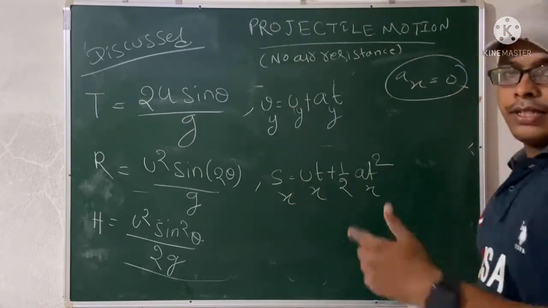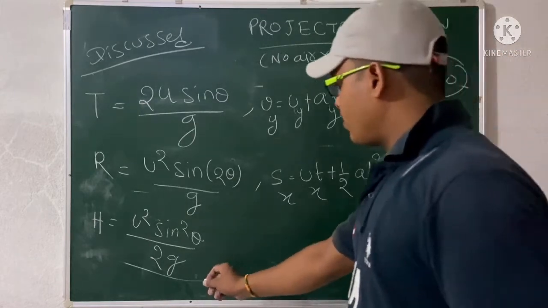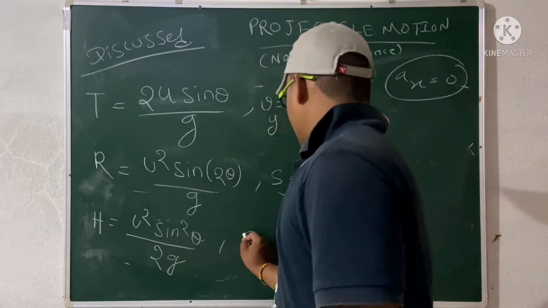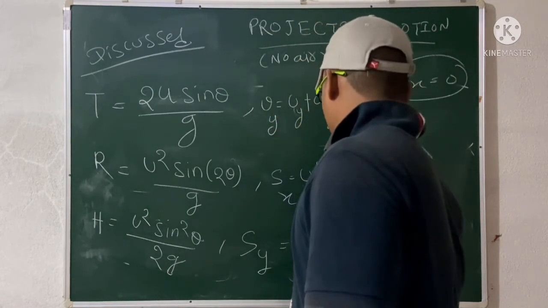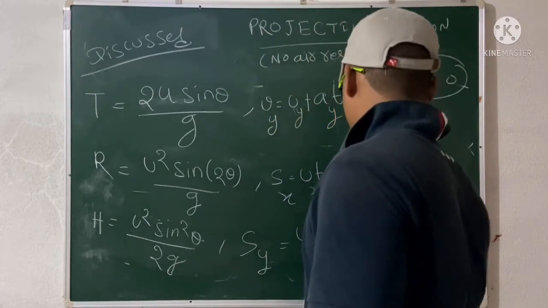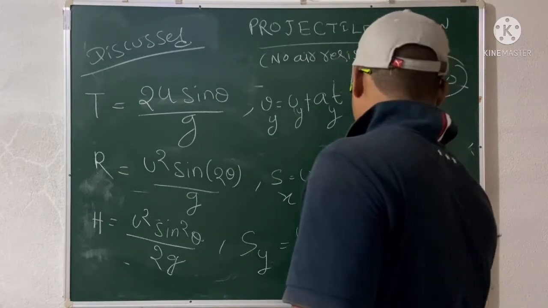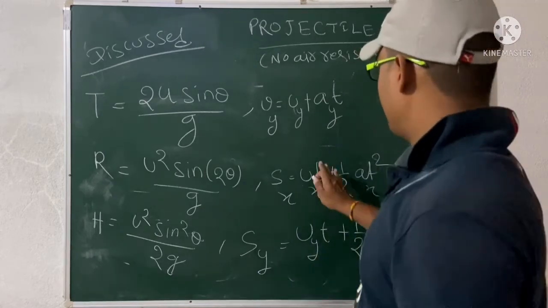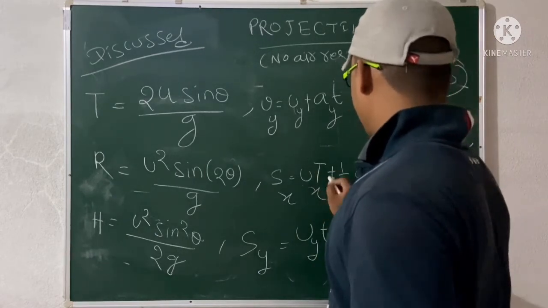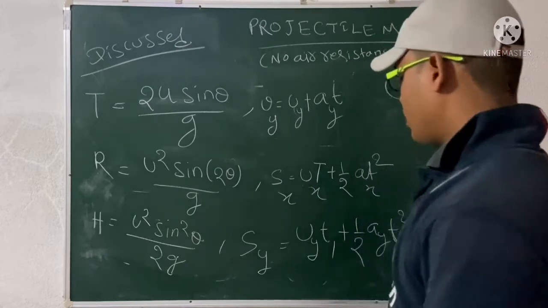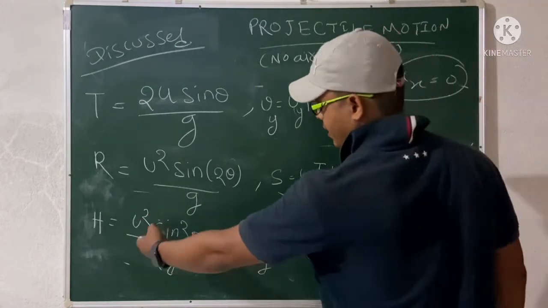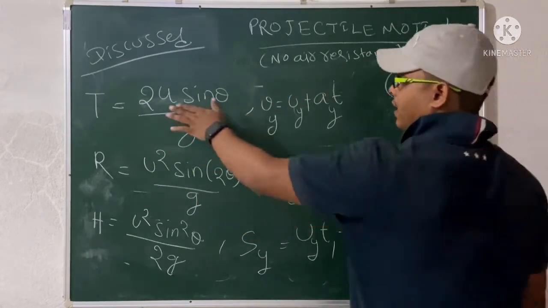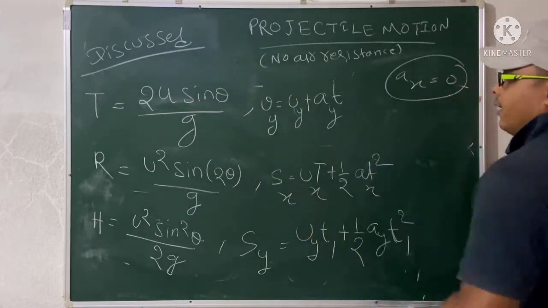If you are moving downward, then this is plus g, right? And what equation do we use to solve this? We use sy equal to uy into t plus half ay t square, right? So here we need capital T, and for this one we need T1. We need T1 and calculate this, and here we need capital T because the range is from initial to final, and this one is the time taken, that is